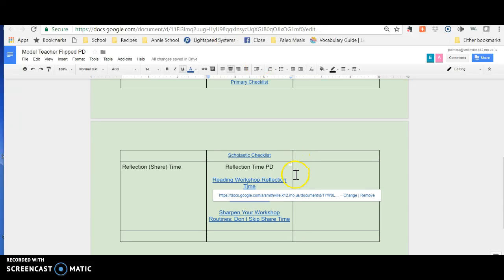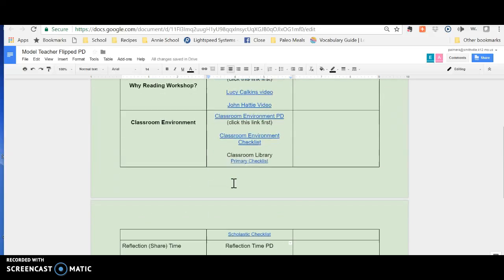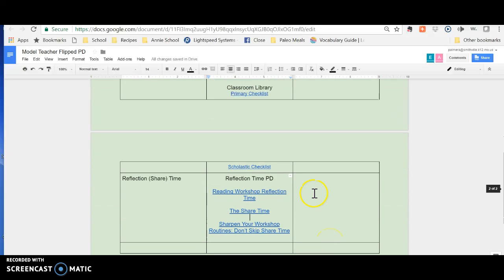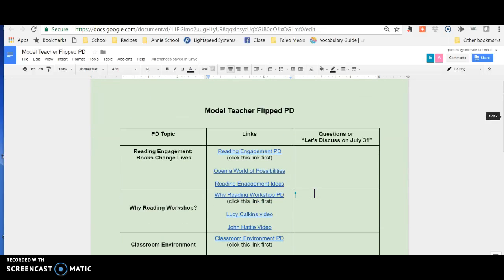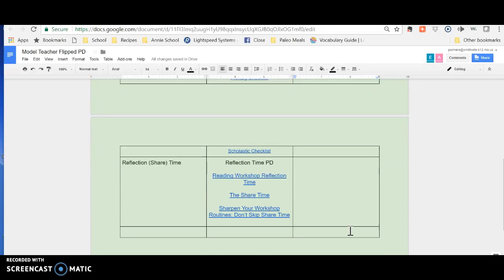Let me go back to this document. So here, these are the two articles that I just shared with you, just FYI. Those are also housed there. Okay, if you have any questions, don't hesitate to let me know or add them to this document here. I would love to know where your thinking is, where we need to go deeper with the topic on July 31st. So anytime you guys can add some comments over here, please don't hesitate to do that.